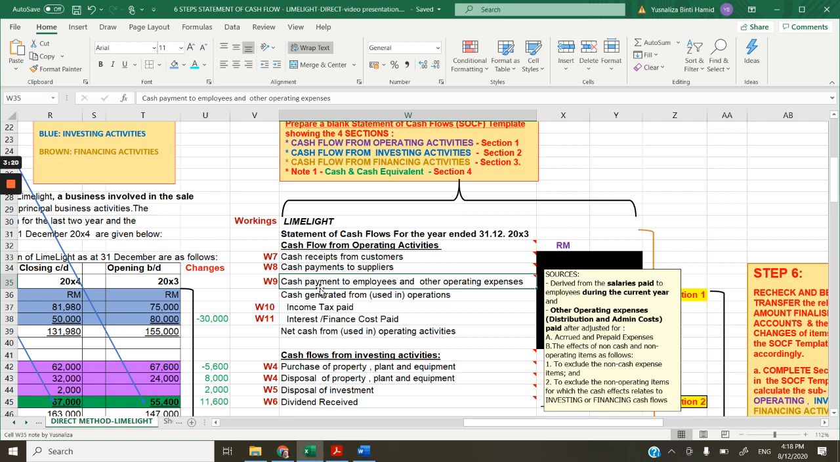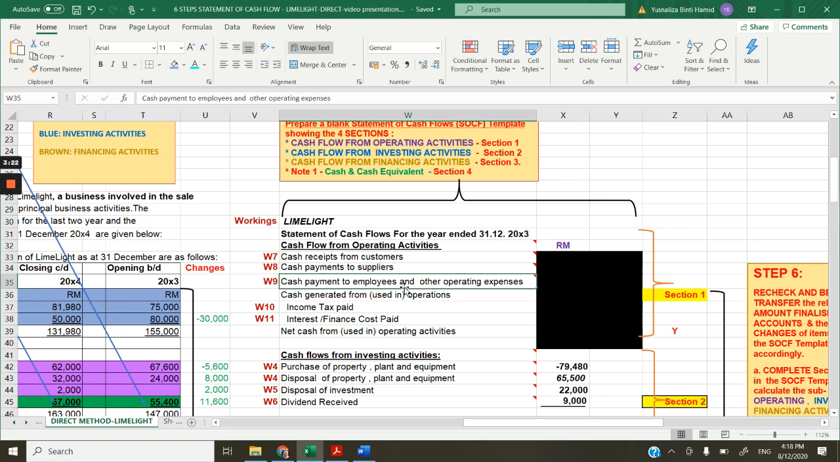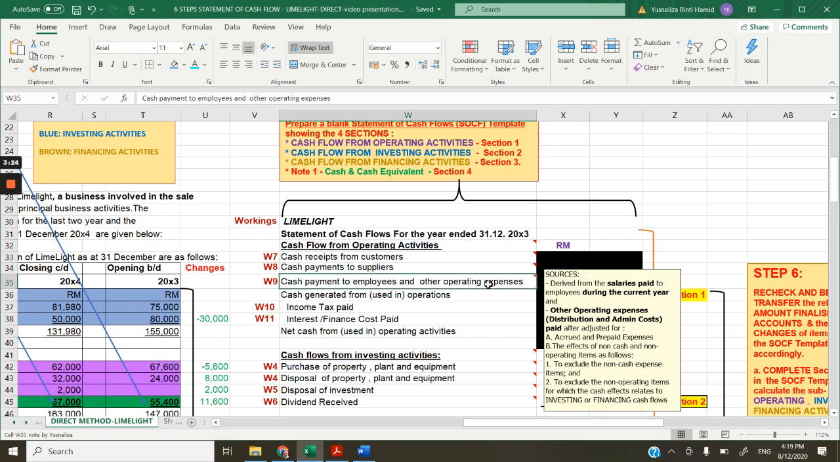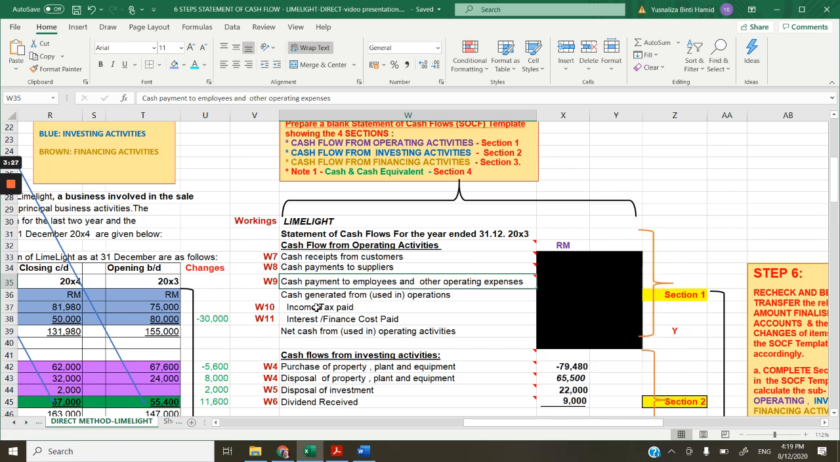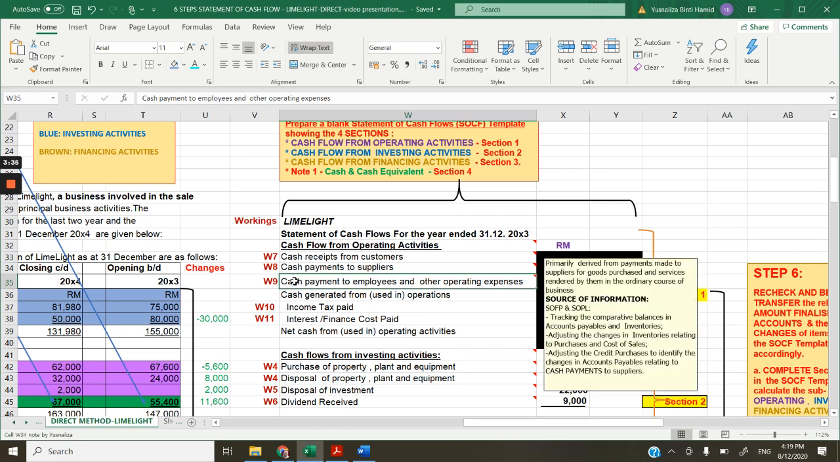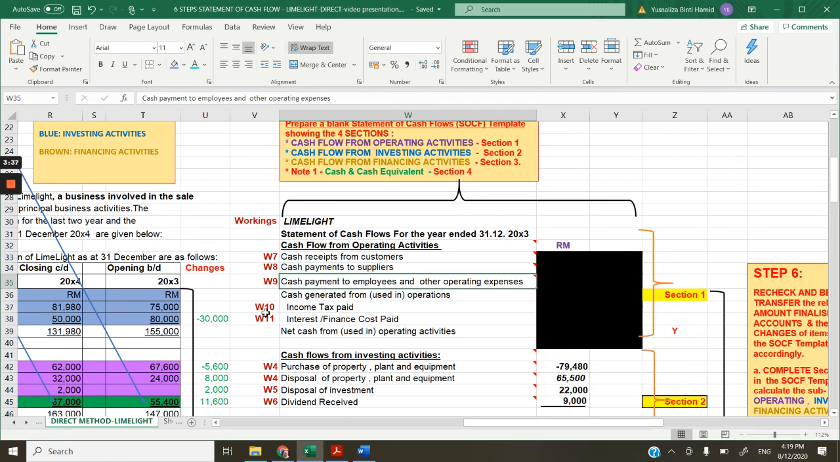You can also split the cash payment to employees in one row and cash payments to other operating expenses in another row. That's okay, because cash flow here is to look at how much is the cash payments, and you can be as detailed as that. And the last one is to calculate what is the income tax paid to the Inland Revenue Board in your country, perhaps, and the interest costs paid, right? So let's do that so that we can generate our